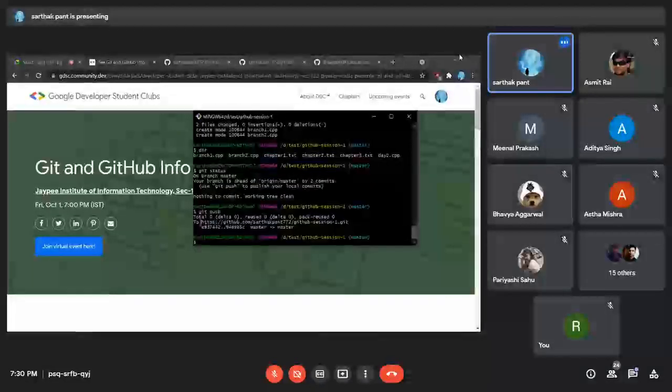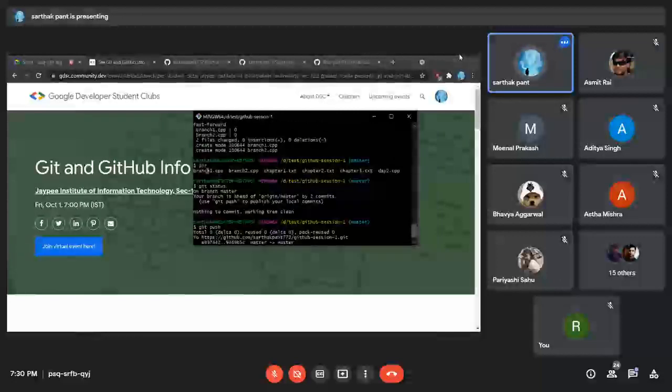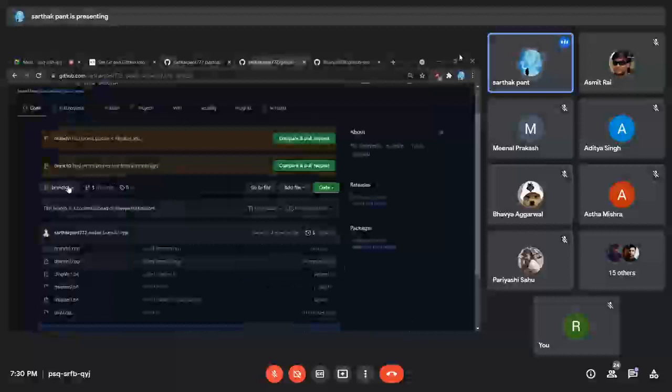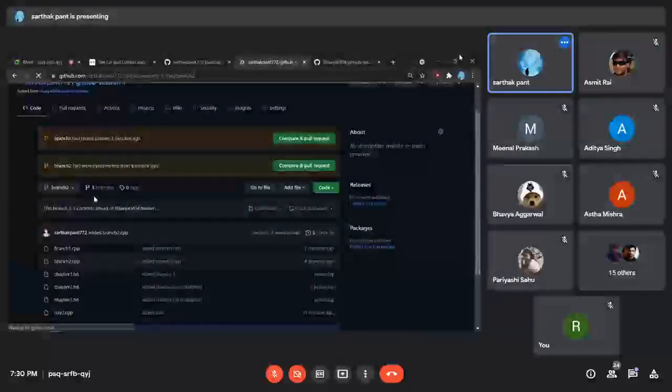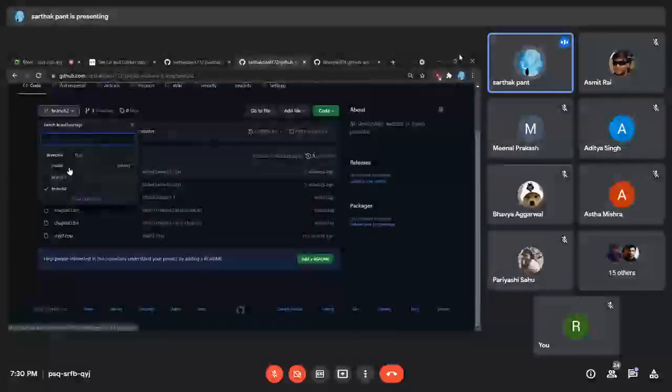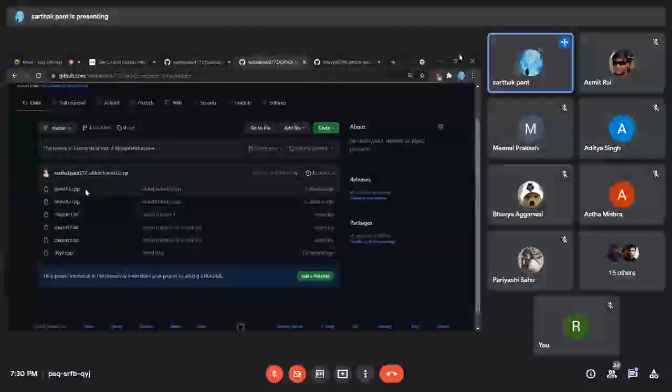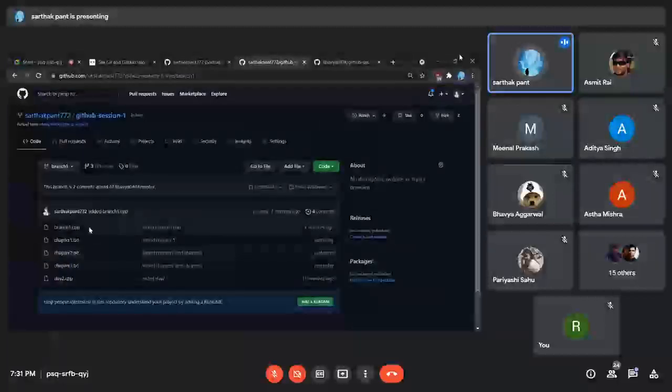So did you see that? If you are in master or main, you can directly use git push. And this data, like the adding of branch1 and branch2 files, should be visible here also. Let me reload it. Let me go to master branch. Yeah, see, branch1 and branch2 have been added. It was not there before.